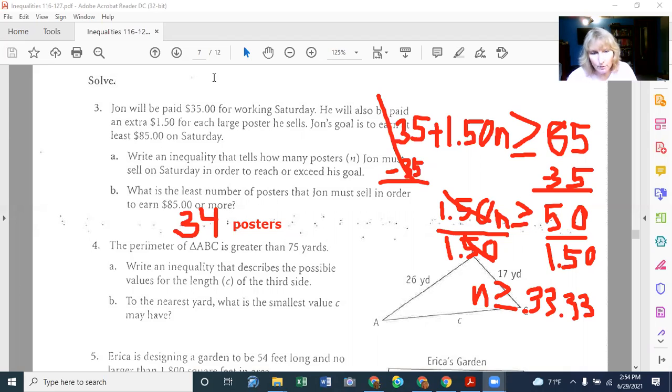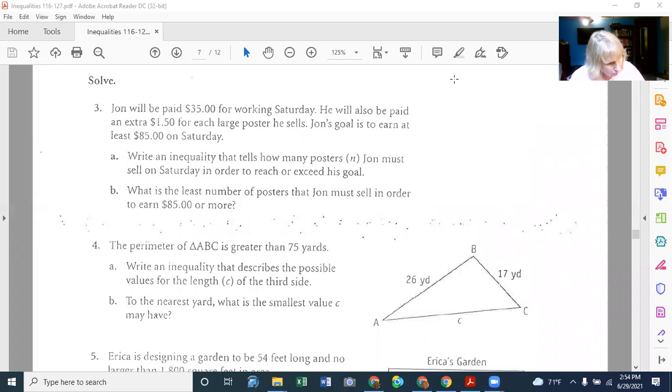Okay, so you got to think through those a little bit. It can be a little tricky. So on the AccuPlacer, if you have an answer choice that says 33, don't pick that. Okay, that would be the wrong answer. Okay, that one, I want to do